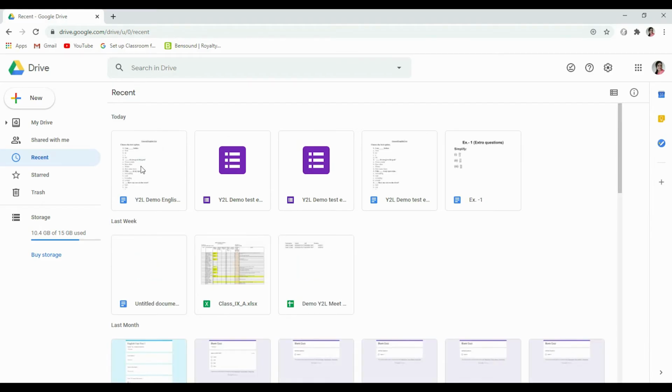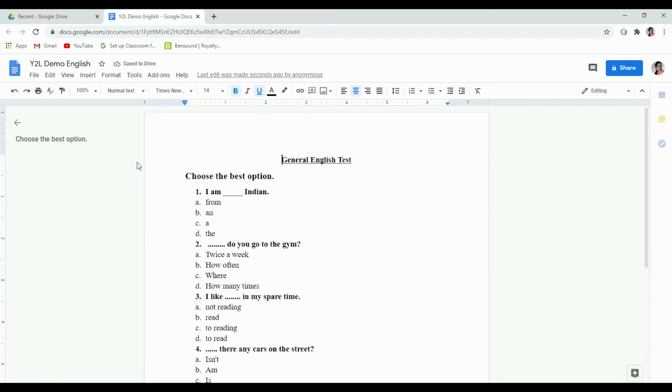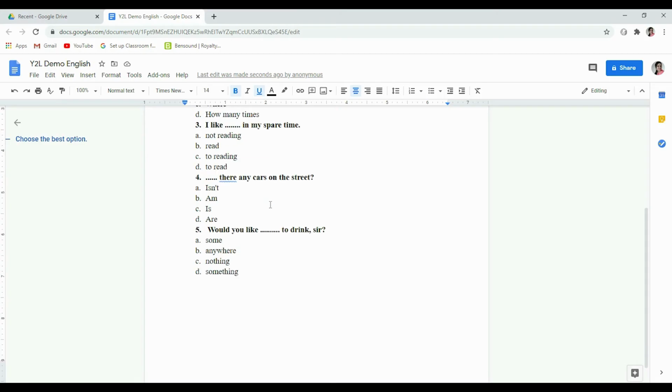Let's go to recent. Here it is, Y2L demo English. I'll click it and you see it is now opening in Google Docs format. So this is the benefit of selecting that settings options prior to uploading the test here. Now it is opening in Google Doc.